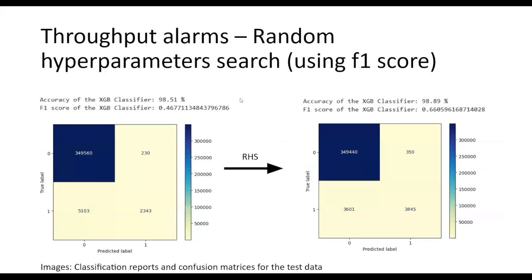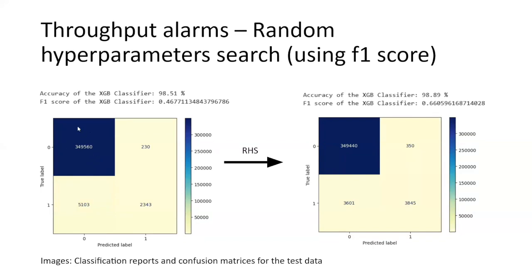So on the left here are the results for the trained HGBoost model with accuracy. We got an accuracy of 98%, which is nice. But if we look at the confusion matrix, we can see that we have highly unbalanced data, meaning that we have lots of measurements and only a small amount of them are